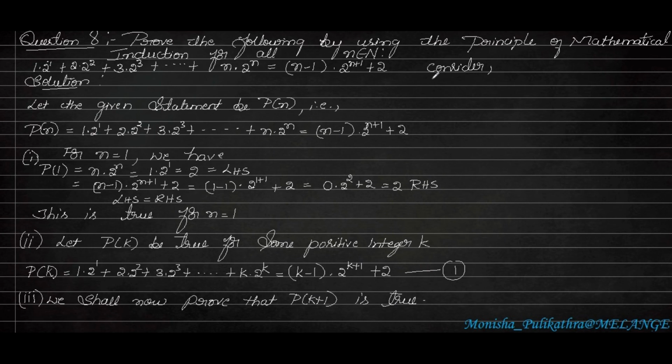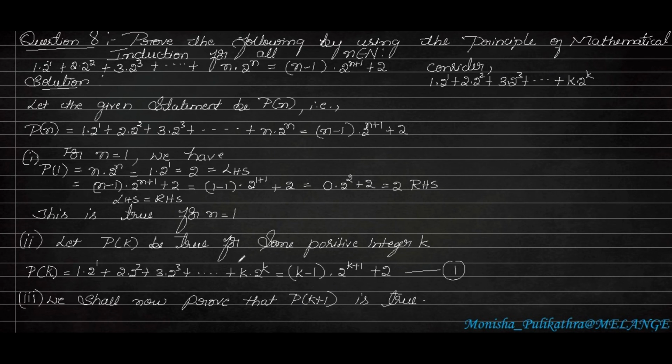So consider, we have to write the same question, whereas for the next term, so previous term we have to take k into 2 to the power of k, and the next term also we have to write in the same form. Okay, so it will become 1 into 2 to the power of 1 plus 2 into 2 to the power of 2 plus 3 into 2 to the power of 3 plus etc. up to k into 2 to the power of k. So this is the previous term.